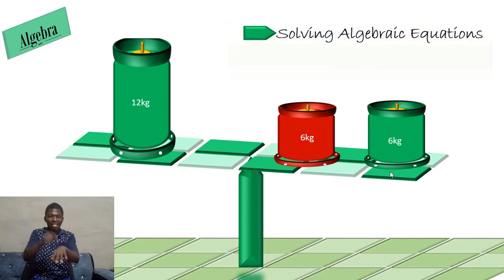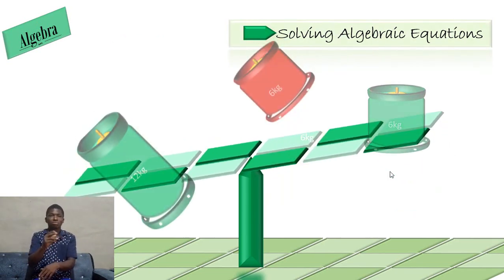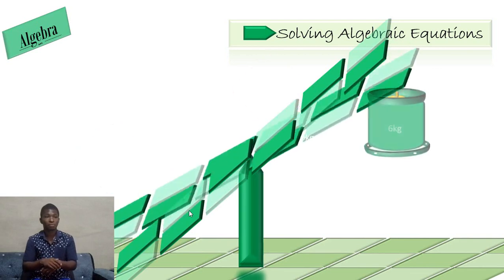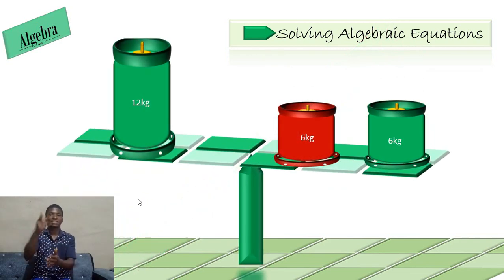But the moment there is an alteration such that the green 6 is no longer here, then there won't be a balance again. The system will tilt towards this side, just like you see. It means that this side is already heavier than this side. That is what this diagram is telling us. I believe you understand. Returning that 6 kg brings the balance again. So that's just a kind of balance system, and that's the system we're going to be using in solving